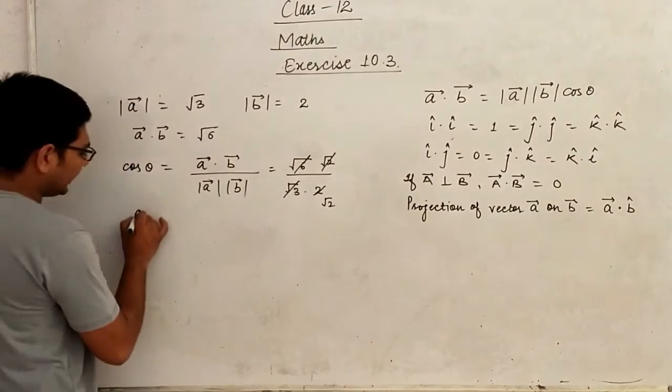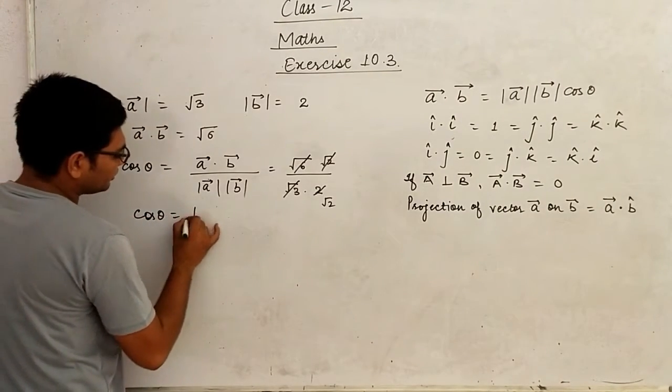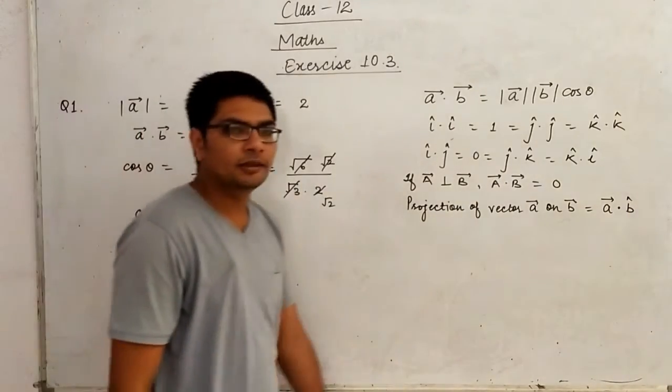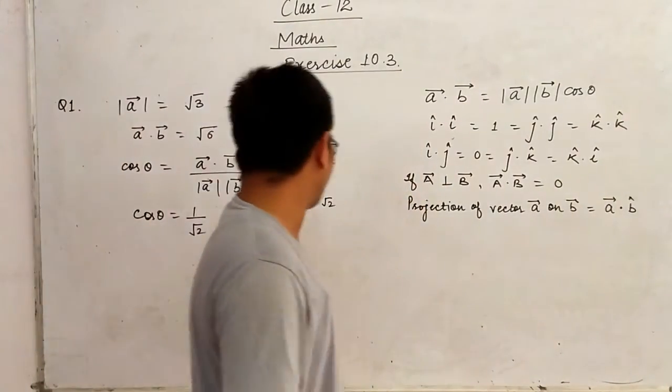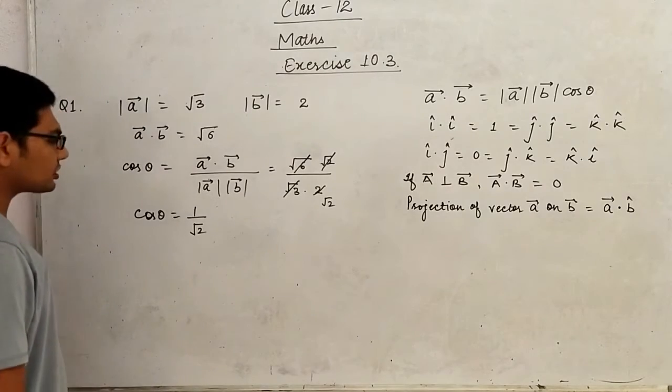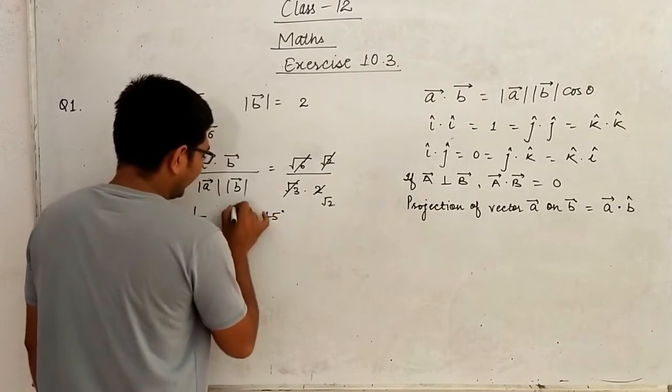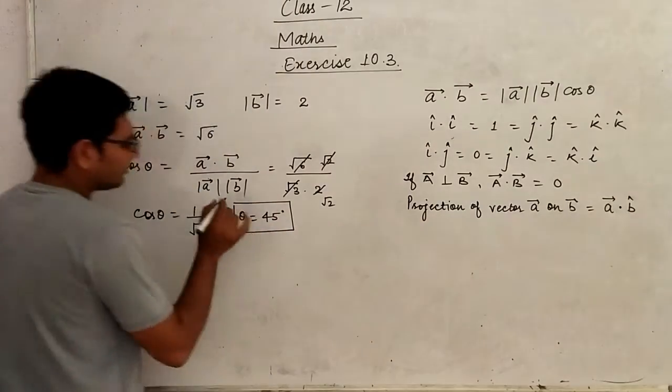So cos theta becomes equal to 1 by root 2. Just think of an angle whose cosine value is 1 by root 2. And that comes to be 45 degree. So the value of theta is 45 degree. But